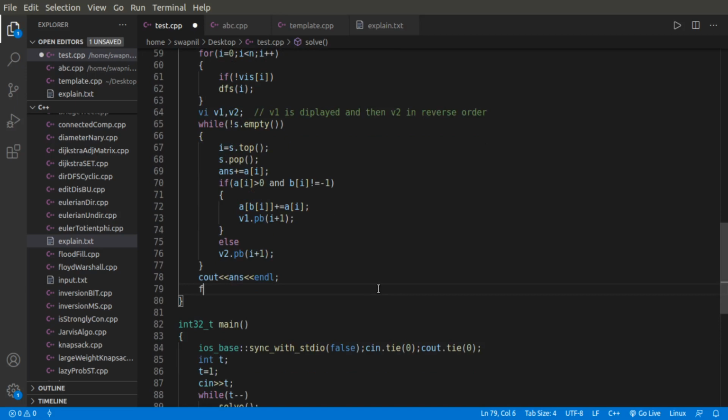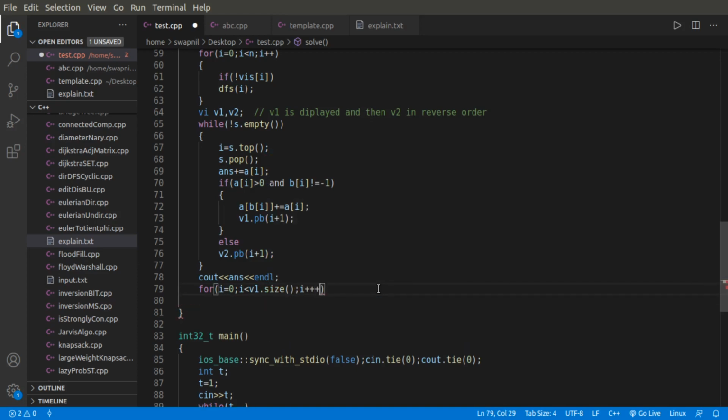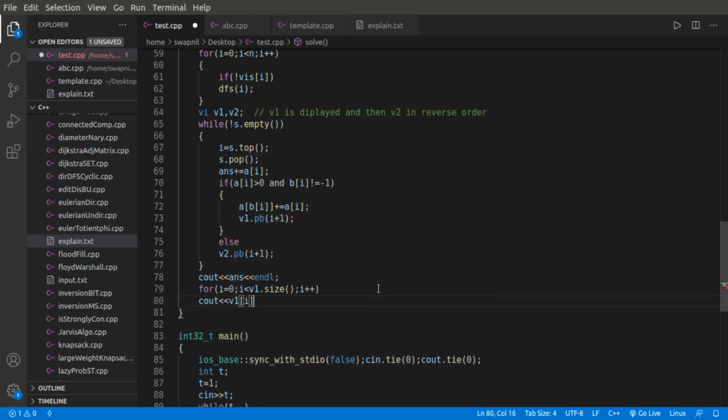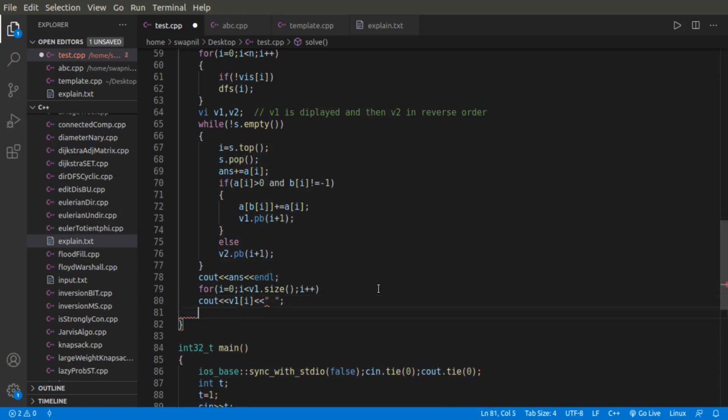Finally I will print my v1 in this order: cout v1 of i and a space.